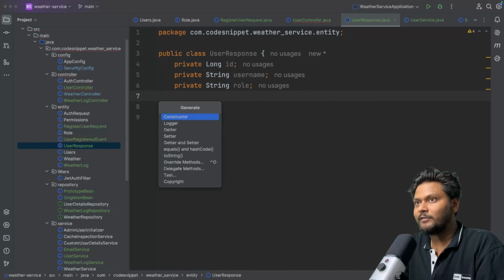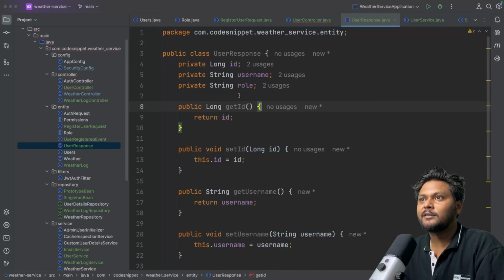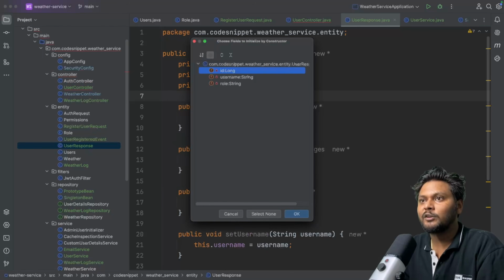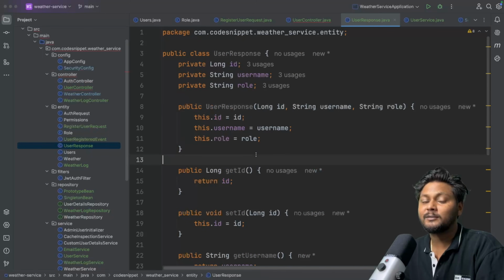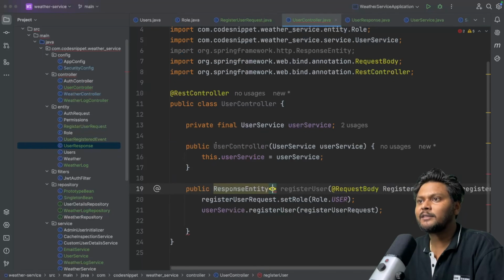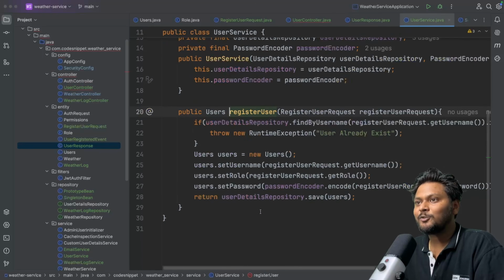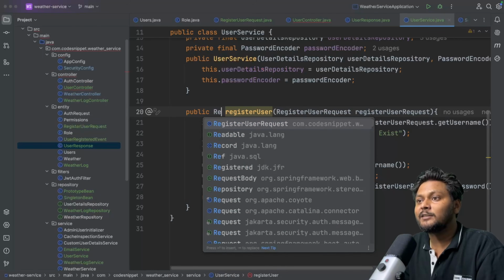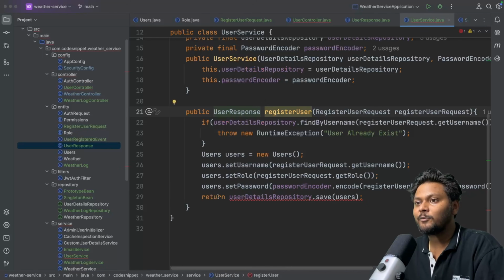I will press Command N and create getters and setters. Apart from that, let's create a parameterized constructor as well, so that we can easily create this UserResponse. There we go, we have created this. Now registerUser should return UserResponse as well. Why unnecessarily return this particular user, right? So here we will say UserResponse, and we will return a new response.